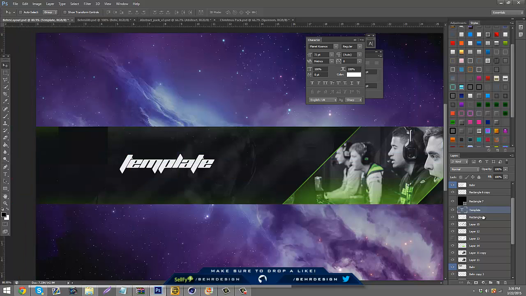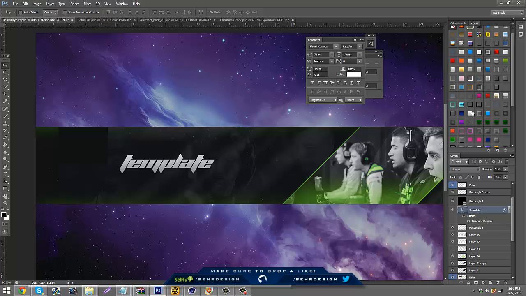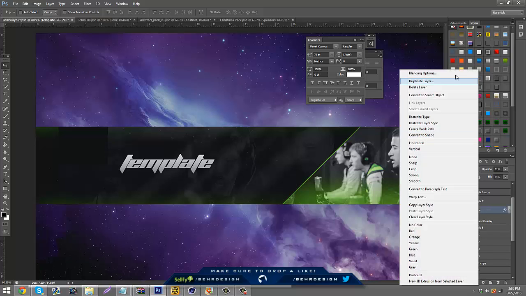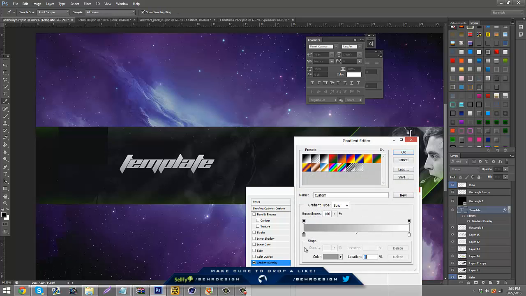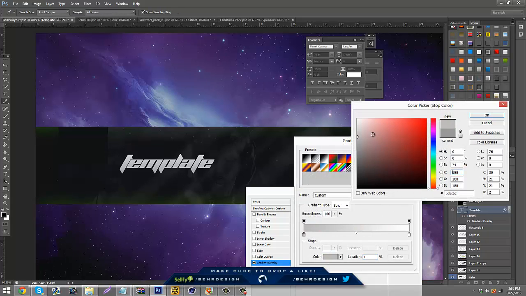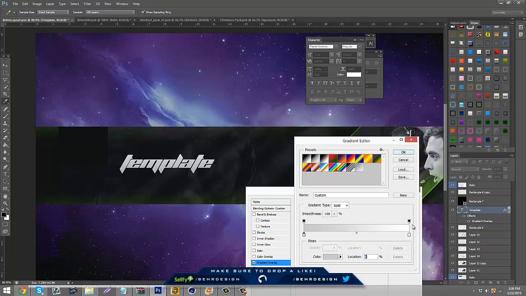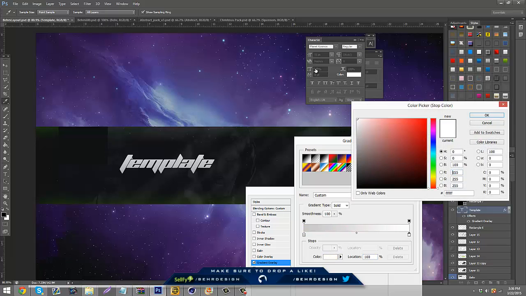Alright. I think I have gradients that can work. Just check. It's kind of too... Maybe we just make our own. So we're just gonna right click and go to gradient overlay. And the first one's gonna be white all the way to the right, and we're just going to go like this.